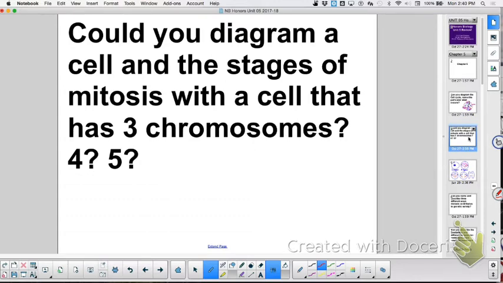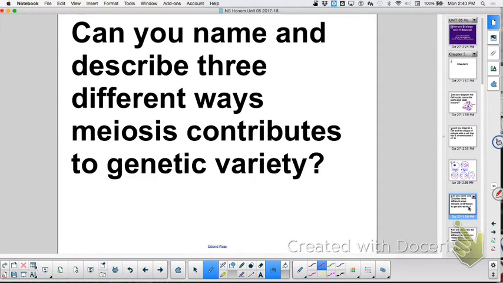All right, moving on. Can you name and describe 3 different ways meiosis contributes to genetic variety? Tell me now. Independent assortment. Now you know what independent assortment is, right? Because we've talked about it in genetics. The homologous pairs can line up any which way. So, for instance, I could get a big T with a big R. Let's say I'm tall and round. What would be another thing I could probably get? Big T with a little r,